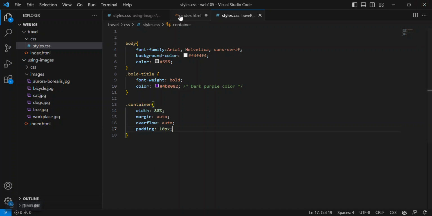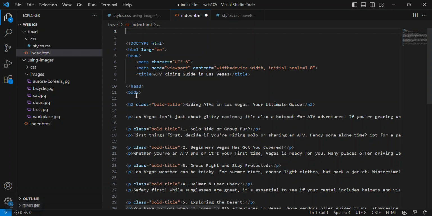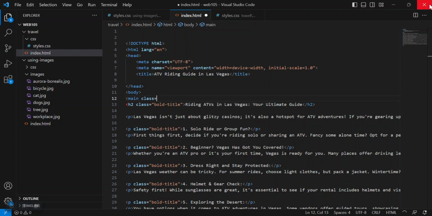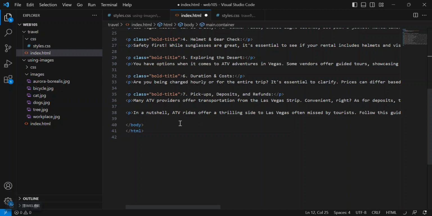Now I need to go back to index and I need to drop my container into the body section. So I'm going to add main class equals container, and then I will do my closing tag at the bottom. I'm going to save it, and I'm going to preview.